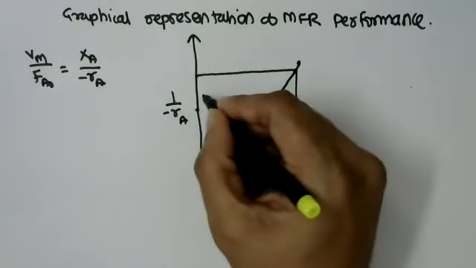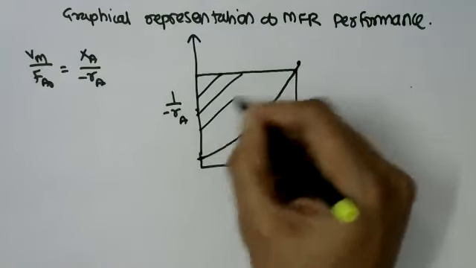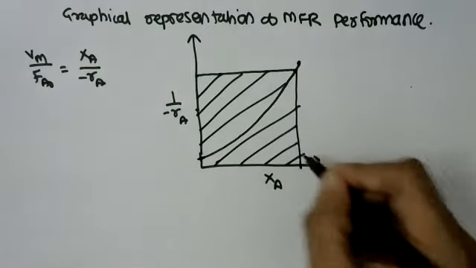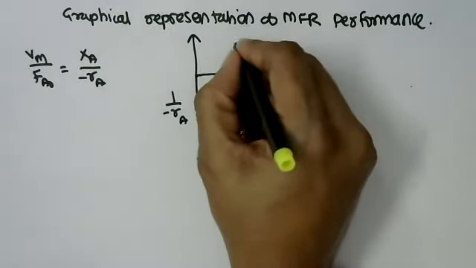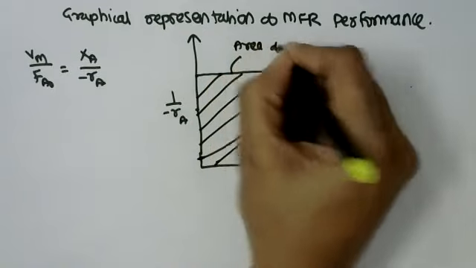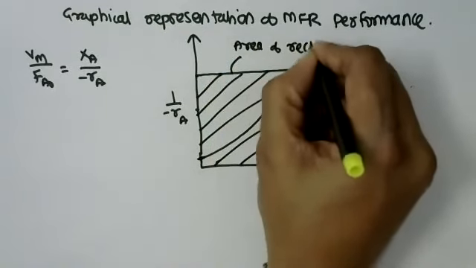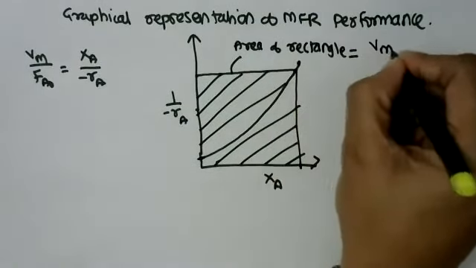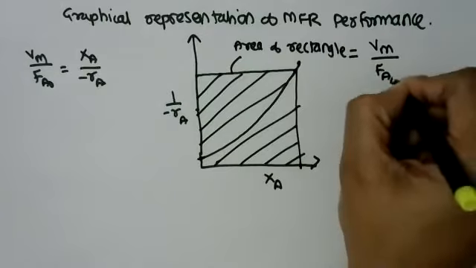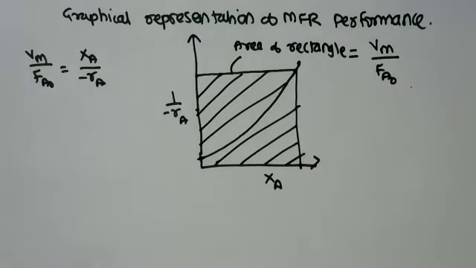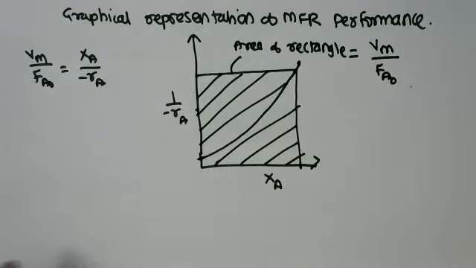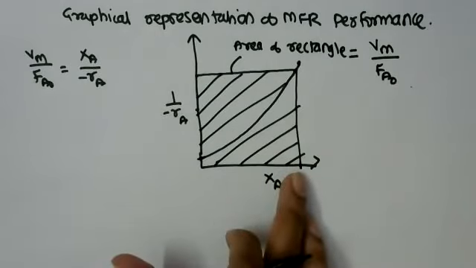And this area of the rectangle is equal to Vm upon Fa0. And therefore, if the data of minus Ra and Xa is available after plotting the graph for a particular conversion,